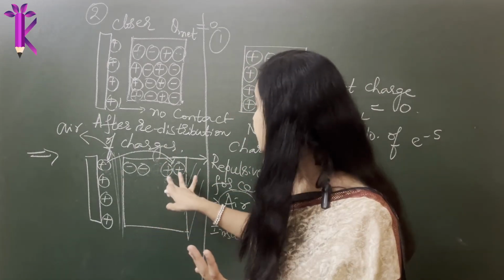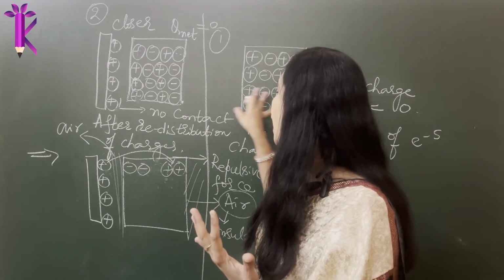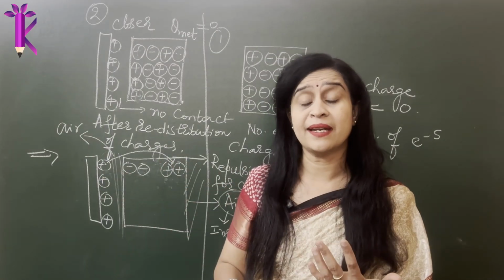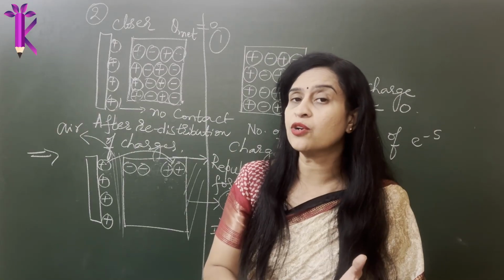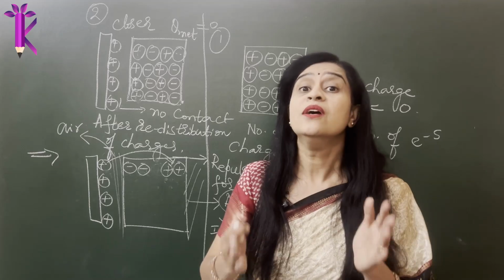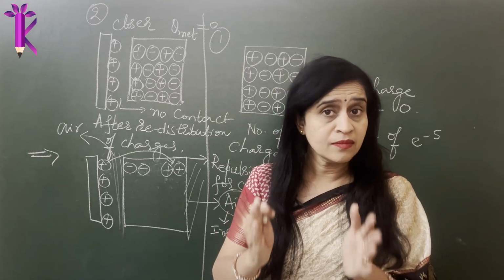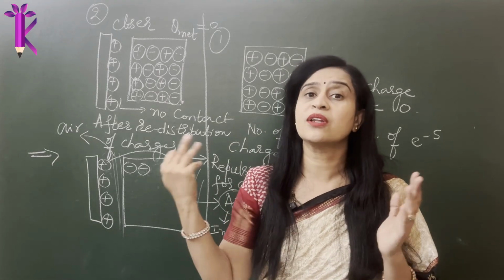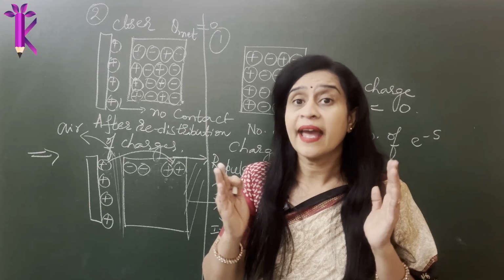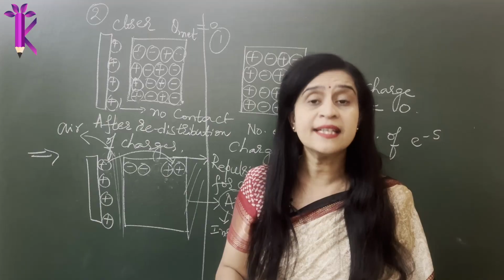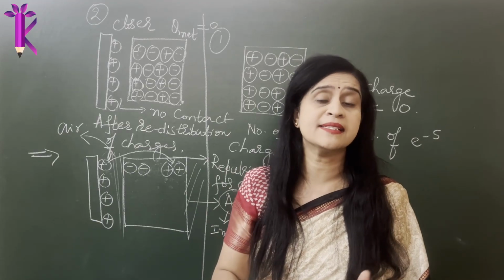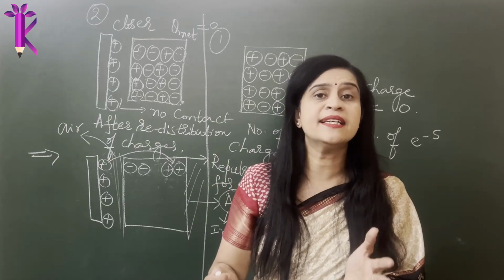If there was a chance, these would jump away and go as far as possible from these positively charged particles. But what is stopping them from going away and keeps them held inside the metal surface or on the surface? Only the medium surrounding that conductor, which is air, because air is an insulator and it does not allow free passage of any charged particles into it. So that is the only hindering factor.